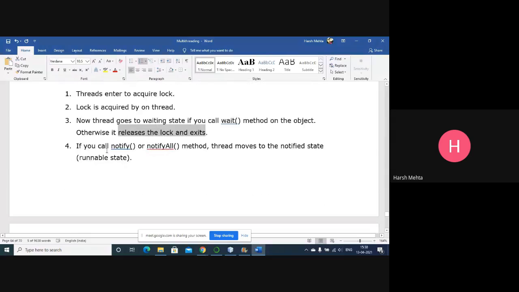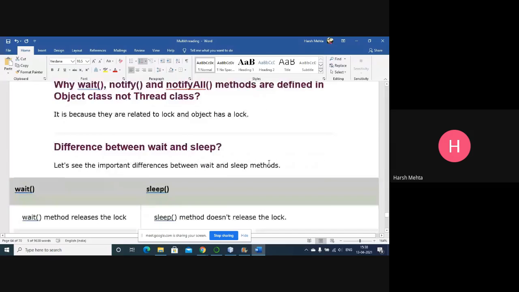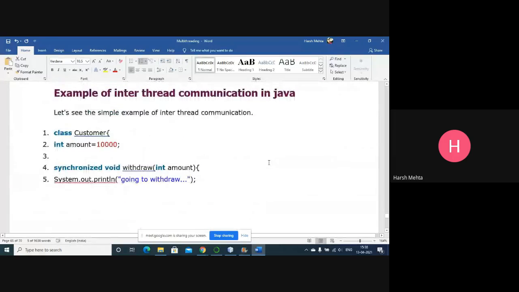If you call the notify all method, the thread moves to the notified state. So in the wait set, if we call the notify method, it will wake up and be resurrected, and we can again acquire that method. Using notify, let's directly run the example here.